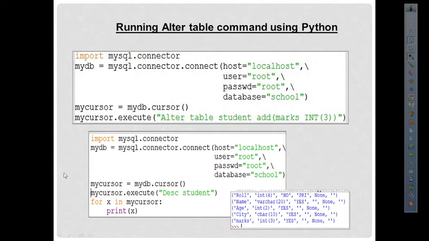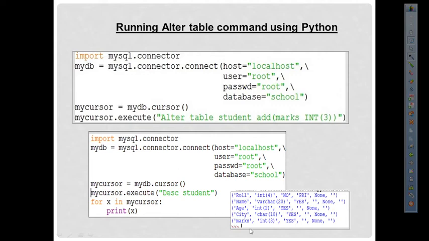I am going to execute for x in mycursor print x, because desc student will give the structure of the table. To see those columns one by one, we will write for x in mycursor print x.